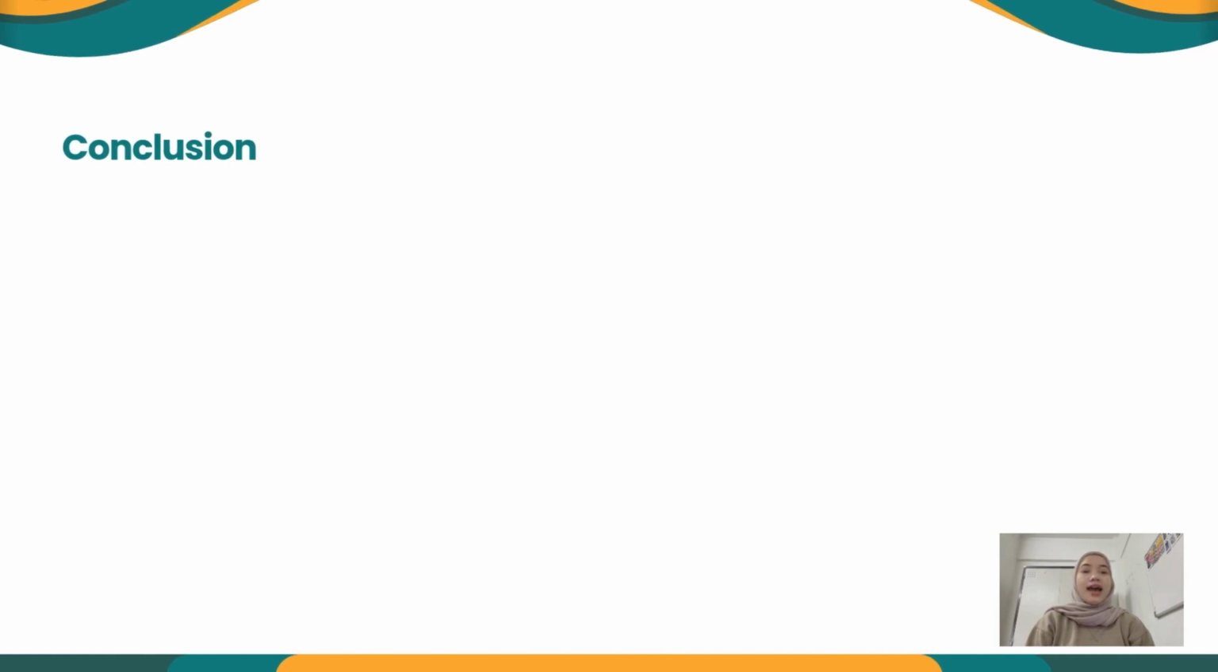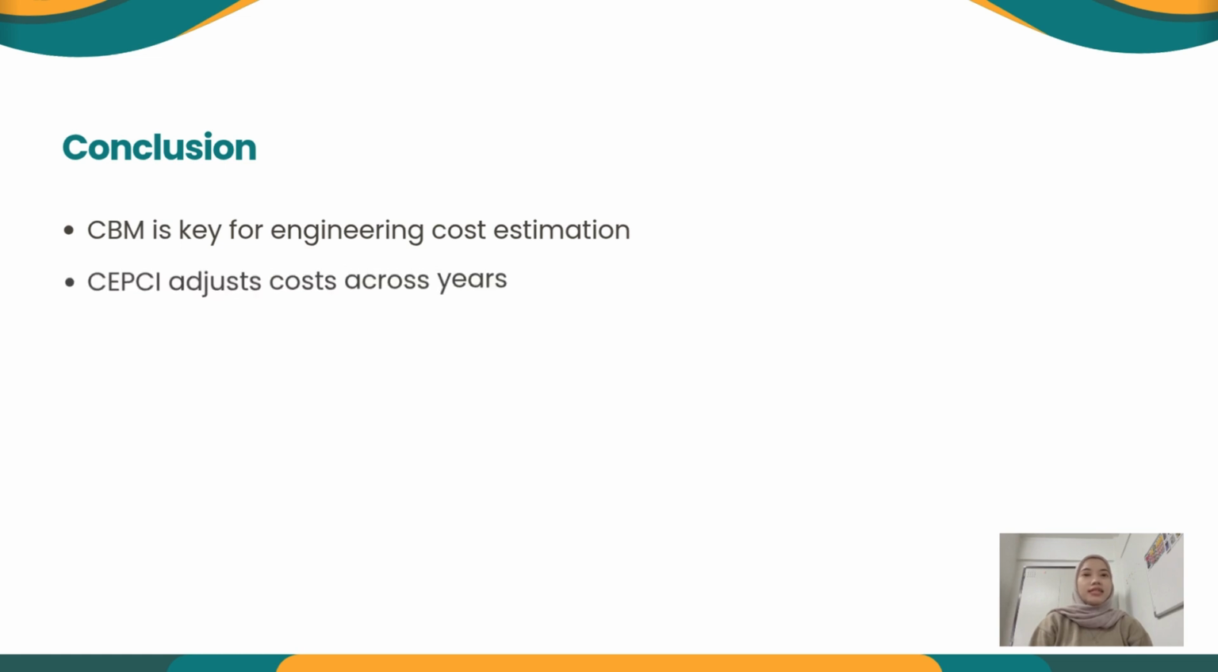In conclusion, understanding and applying engineering economic tools is essential for accurate cost estimation. First, the cost-based method or CBM is fundamental in engineering project, as it provides a structured approach to estimate cost based on actual component prices and industry data. Second, to ensure that cost estimate remain relevant over time, we use the Chemical Engineering Plant Cost Index, or we call it as the CAPC. This index allows us to adjust historical cost data to reflect current market conditions, maintaining accuracy despite inflation or economic